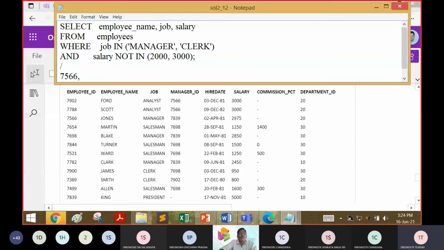Manager, and salary is not 2000 or 3000. Okay. Next, 7782, sir. He is a manager and his salary is not 2000 or 3000, sir. It is 2450. Okay. Next, clerk, sir. 7900, sir. His salary is 950.